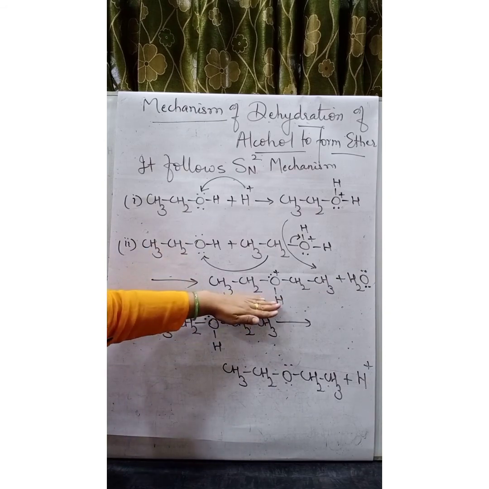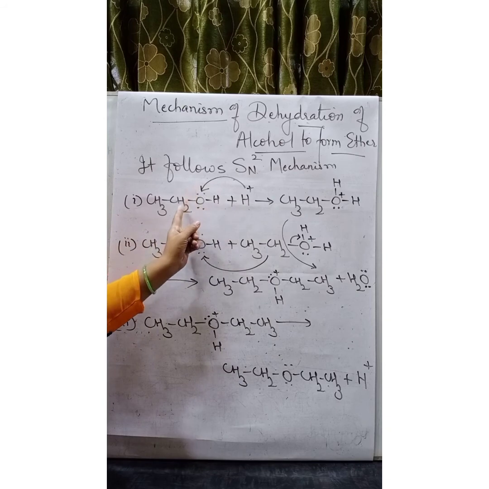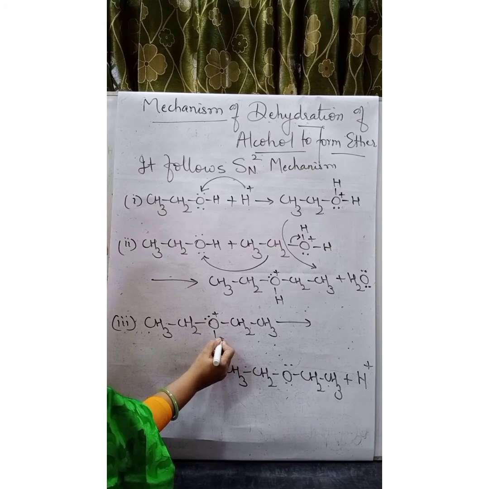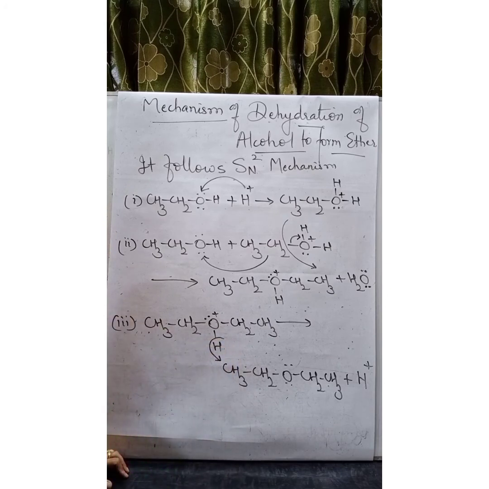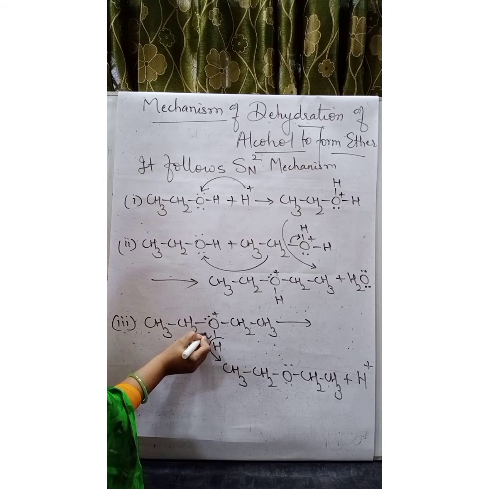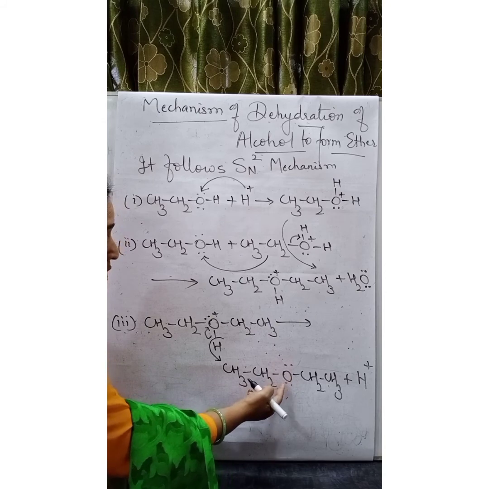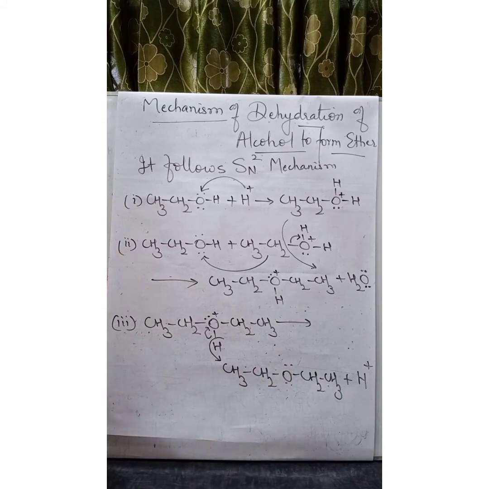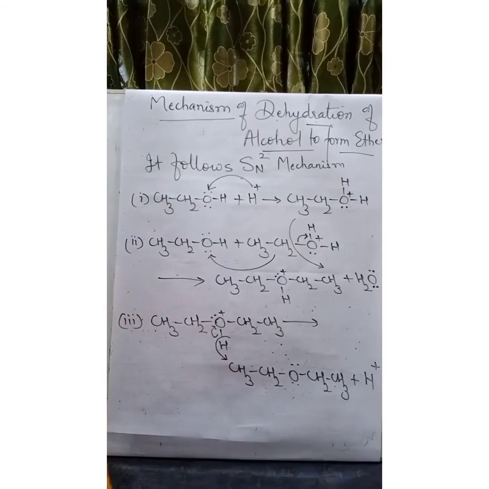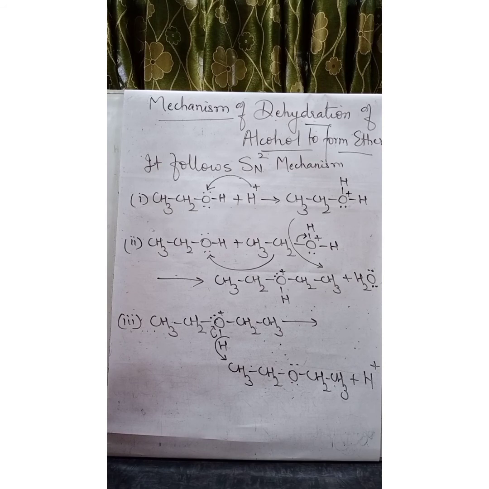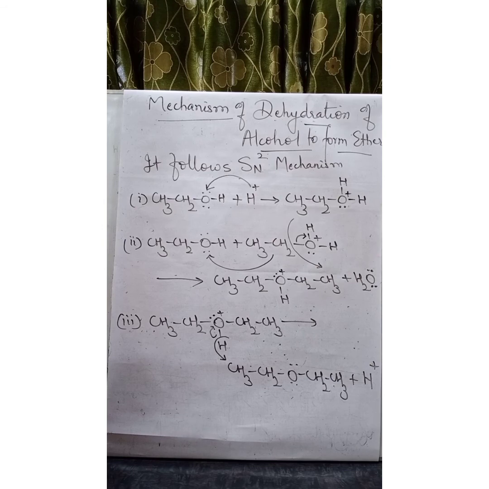Now what happens further? Here, because proton was added, so deprotonation will take place. And what is going to happen in this? The H is going to go without its electron. So this bonded pair will move to oxygen and the positive sign will disappear on oxygen, and it results in the formation of an ether along with the proton. 1 degree alcohol gives very good yield of ether and it follows SN2 mechanism. 2 degree and 3 degree alcohols follow SN1 mechanism.